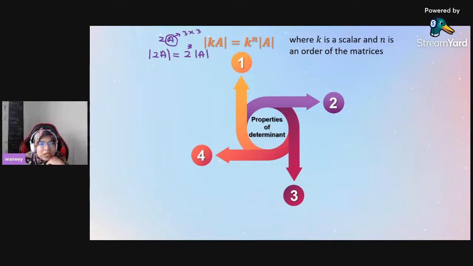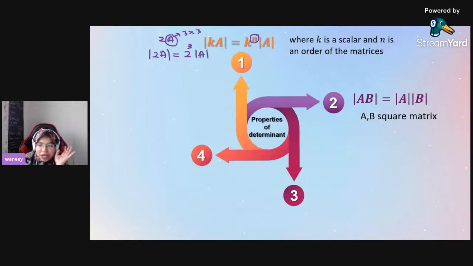If you have a constant multiply with the matrix, then it will be K to the power of n, where n is the order of the matrix. So in this case, I have a 3 by 3 matrix. So the order is 3 by 3. So it's supposed to be 2 to the power of 3 times with determinant of A. Okay, so that is the first one. The second one,